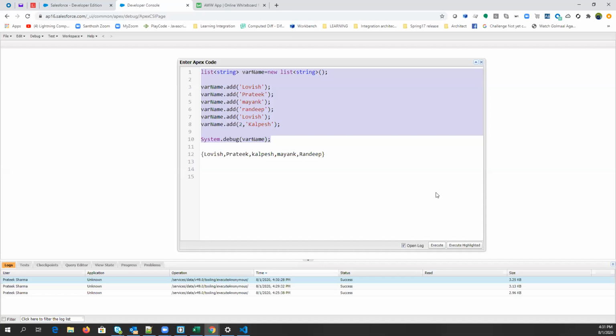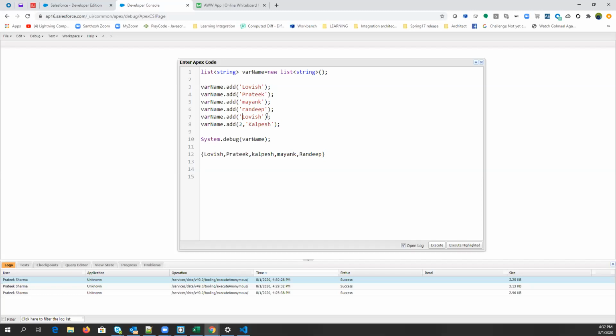Okay? Cool. So one thing: if you recall Lavish, which index is it going to be on? So how will you calculate? We have a different method to get the indexes as well. But if you want to calculate it manually, then what you will do is count 0, 1, 2, 3, 4, 5.